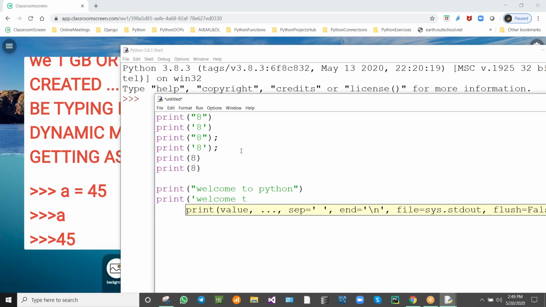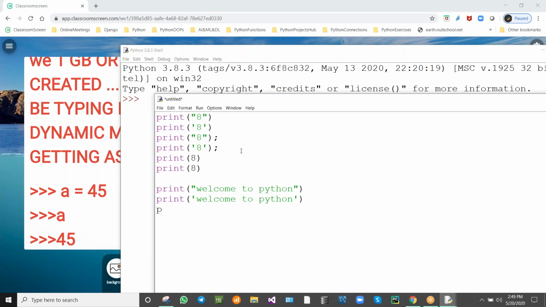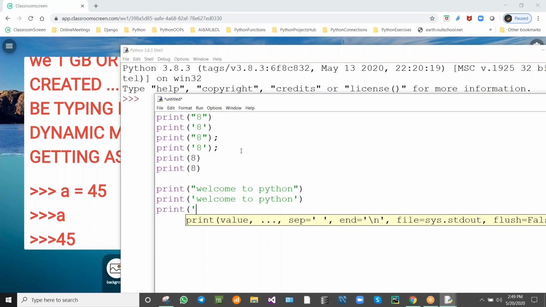In single quotation also I am writing welcome to Python. And print welcome to Python.